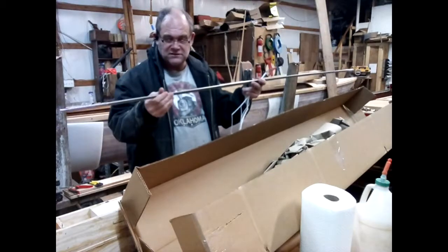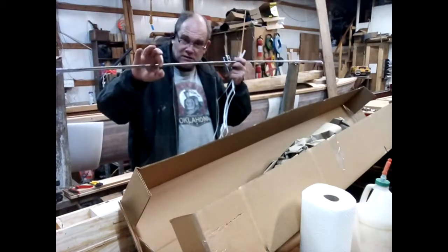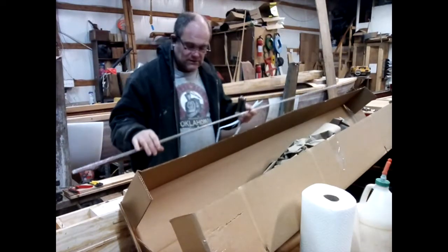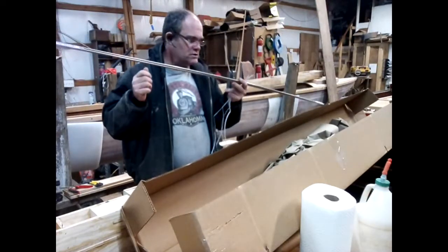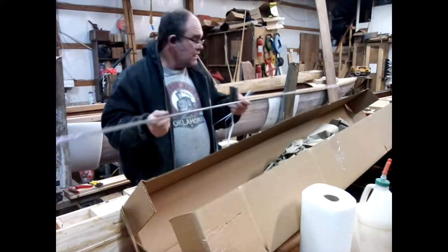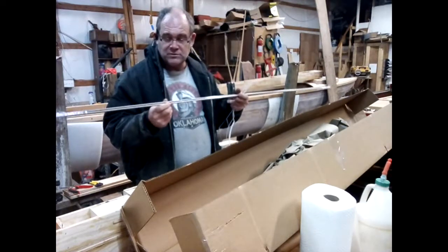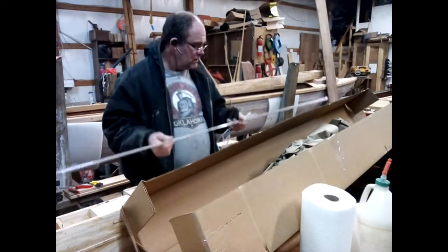I thought they would put it in a little tube about this big around and toss it in the mail. That's a huge box. Anyway, these are going to be the pins for the hinges. I was originally going to use them with the aluminum. I'm going to use these with the stainless. Yeah, I only needed one, but it was a really good price, so I saved on the shipping and just bought some extras. You can always use stainless steel. Anyway,